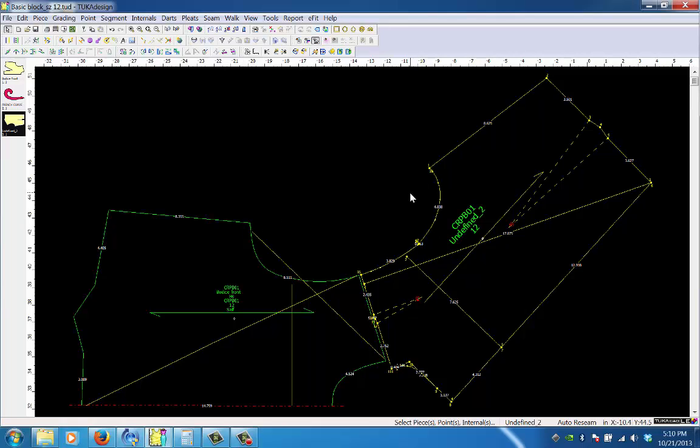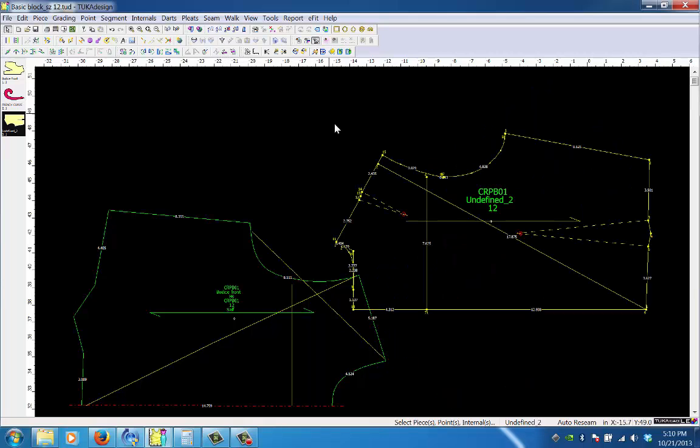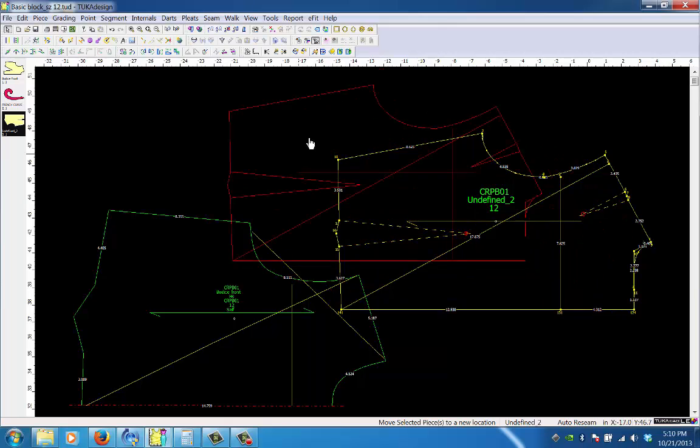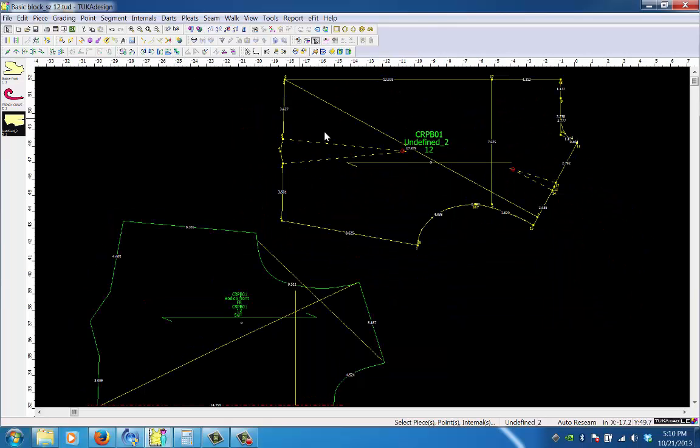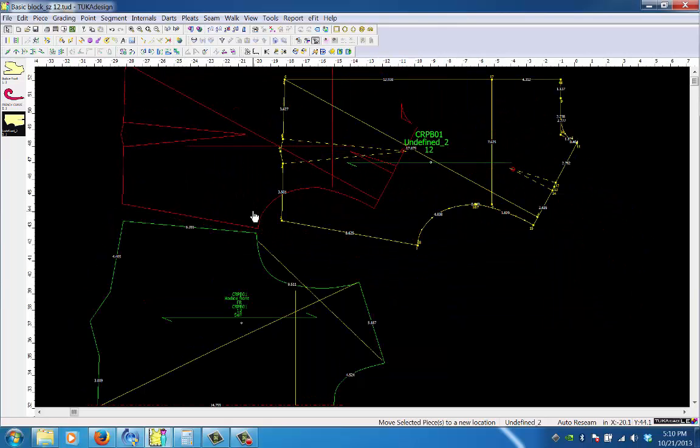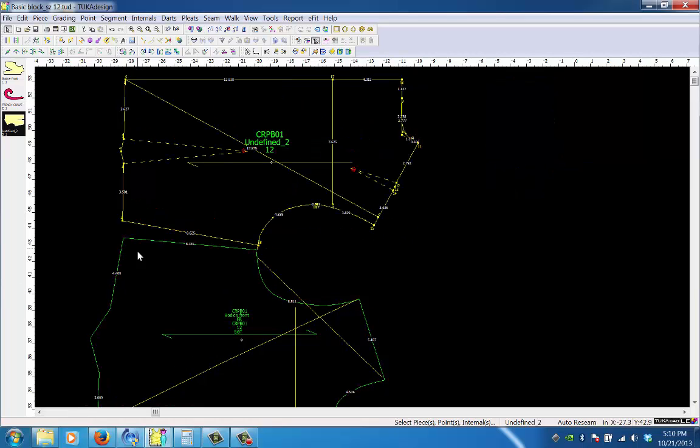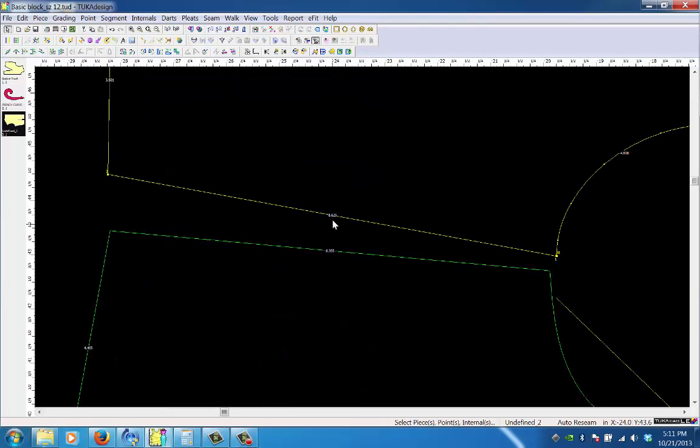Then the next one that I want to do is make sure that the side seam is even. So I'm going to rotate my back to the original grain line here, and then I'm going to flip it, and then flip it again so that it's as if I were to sew my two side seams. If I zoom in real close here, I see that one of my side seams is 8.625, the other one's